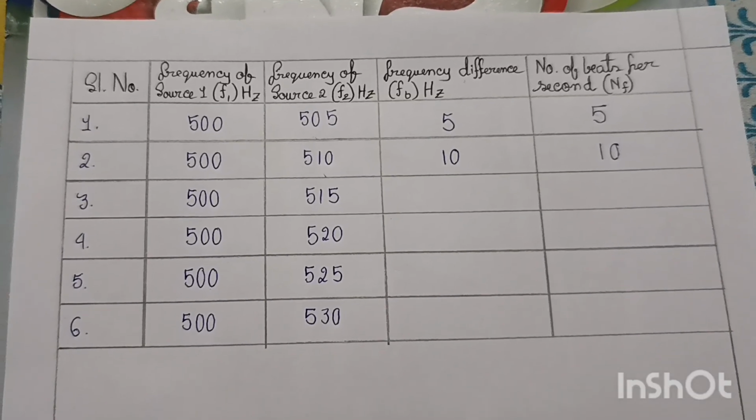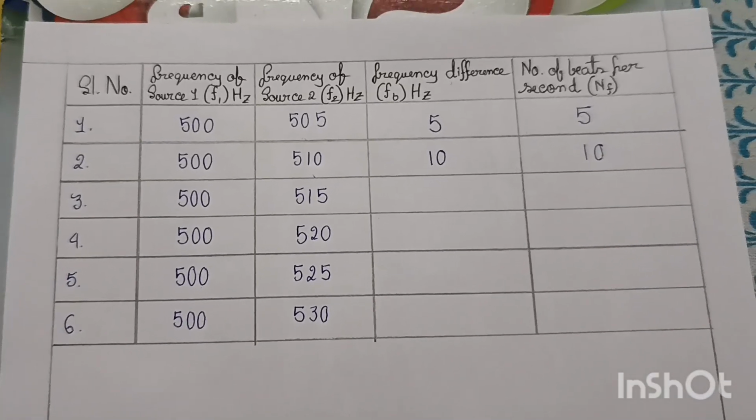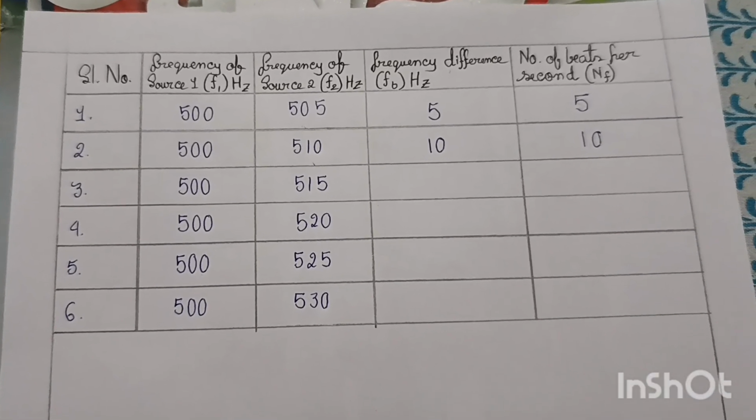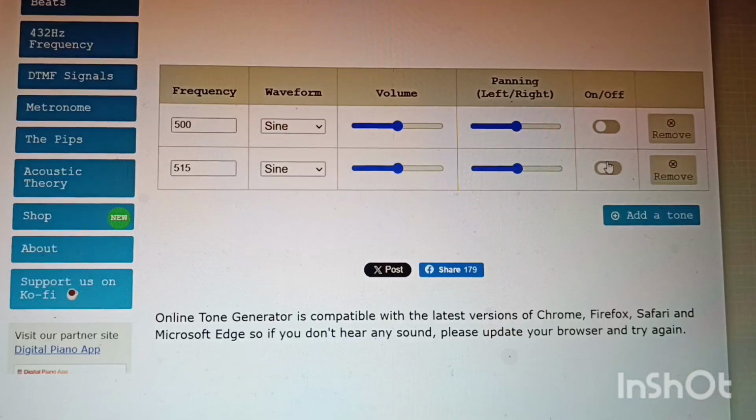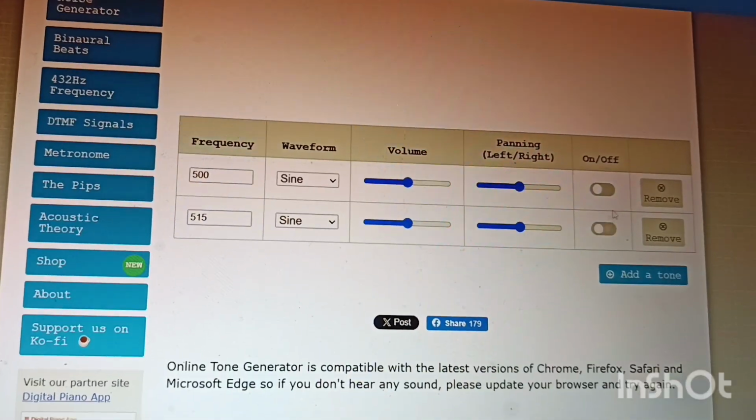For the second case, the frequency of source 1 is 500 Hz, the frequency of source 2 is 510 Hz, the frequency difference is 10, and the number of beats per second we get from the experiment is also 10. The third case, the frequency of source 1 is constant at 500 Hz and the frequency of source